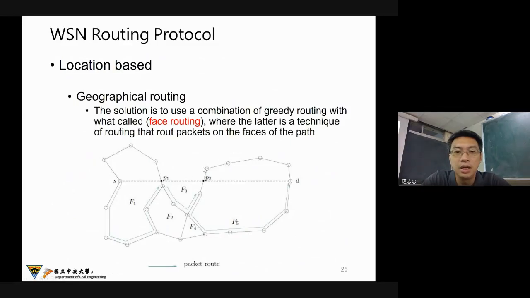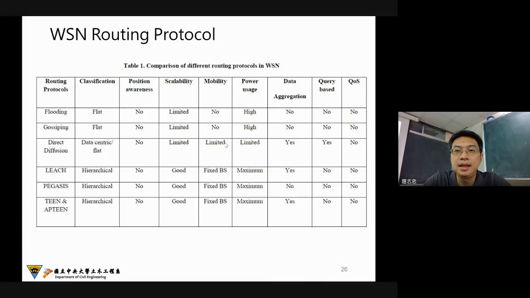Here is one solution using a combination of greedy routing and face routing, another optimal way to avoid what we call a dead end. So here I have a very quick summary of the different protocols for the